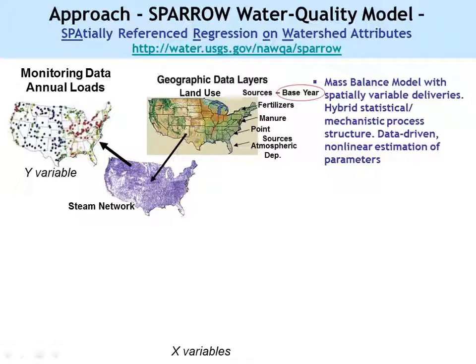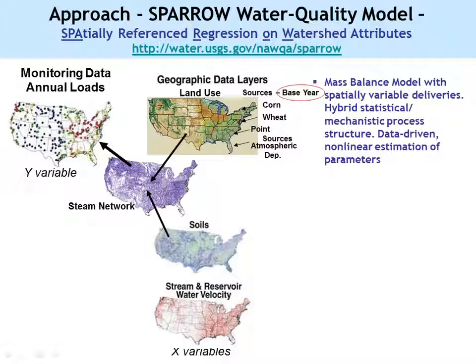Now when we do that, we don't put all the nutrients on at the same rates across the landscape. One thing else I wanted to point out: in addition to things like fertilizer and manure, we also have some models where we've taken that and changed those into crop types, like corn and wheat and that kind of thing. So depending on which SPARROW model you're looking at, you have to look at the sources that we're using, how we quantified all those nutrient sources.